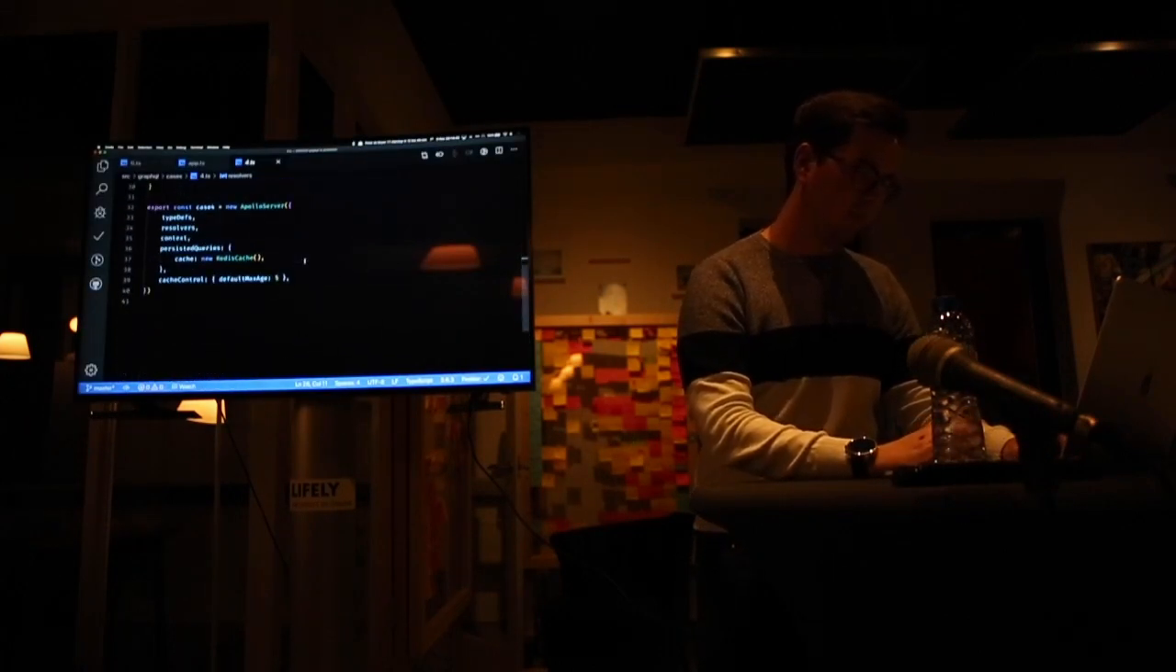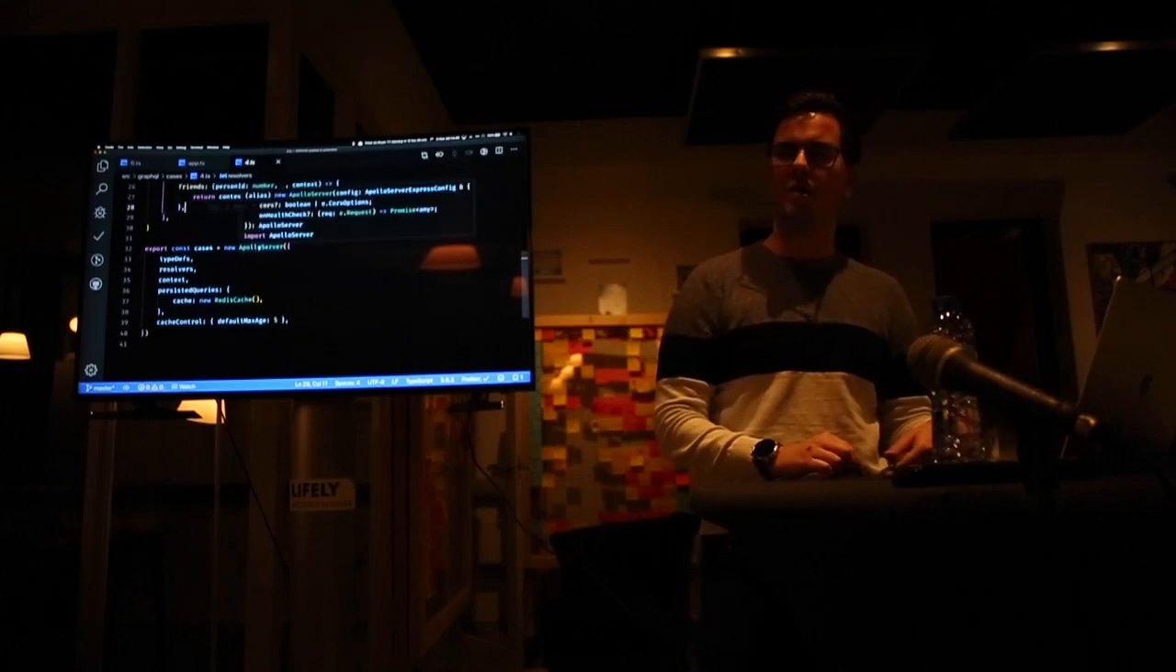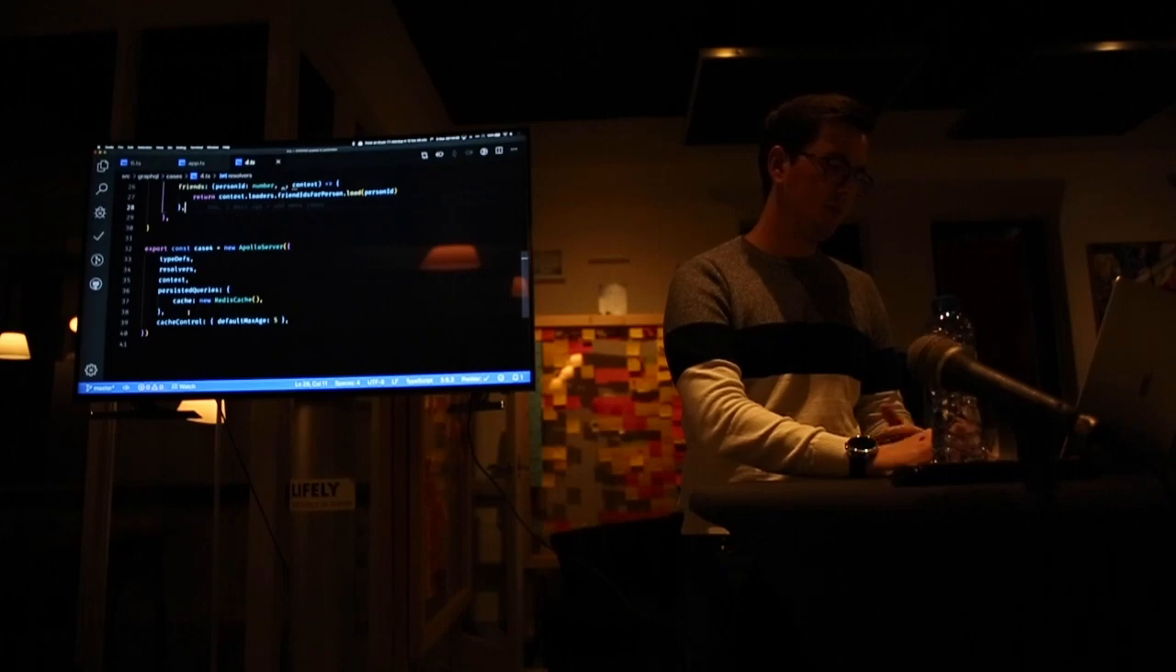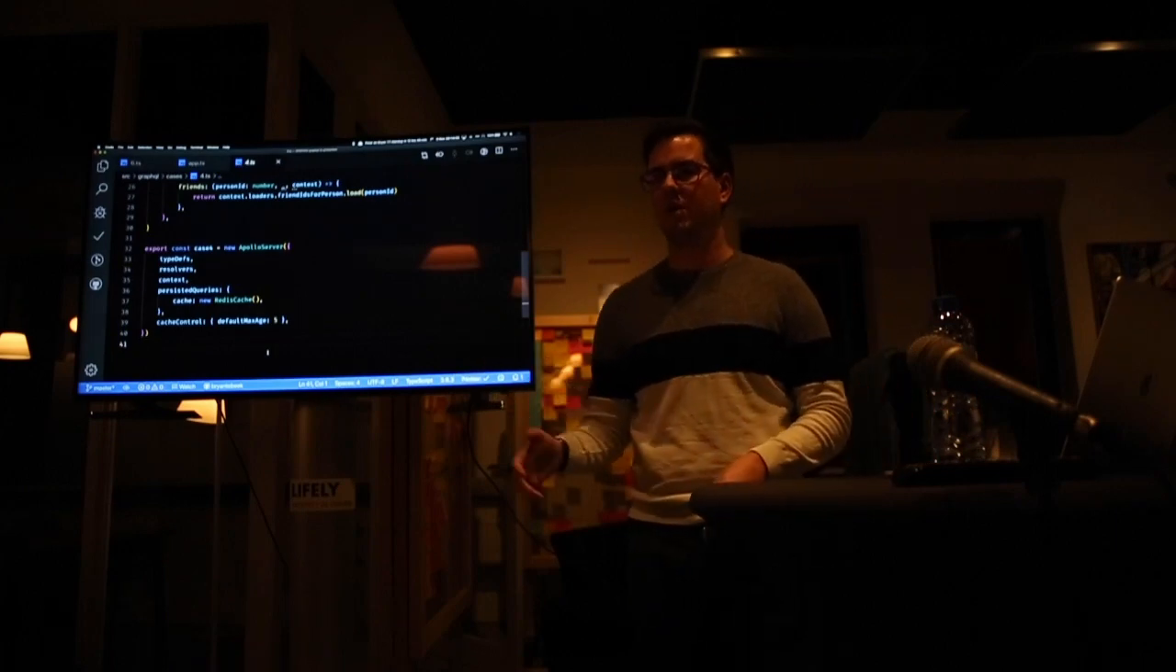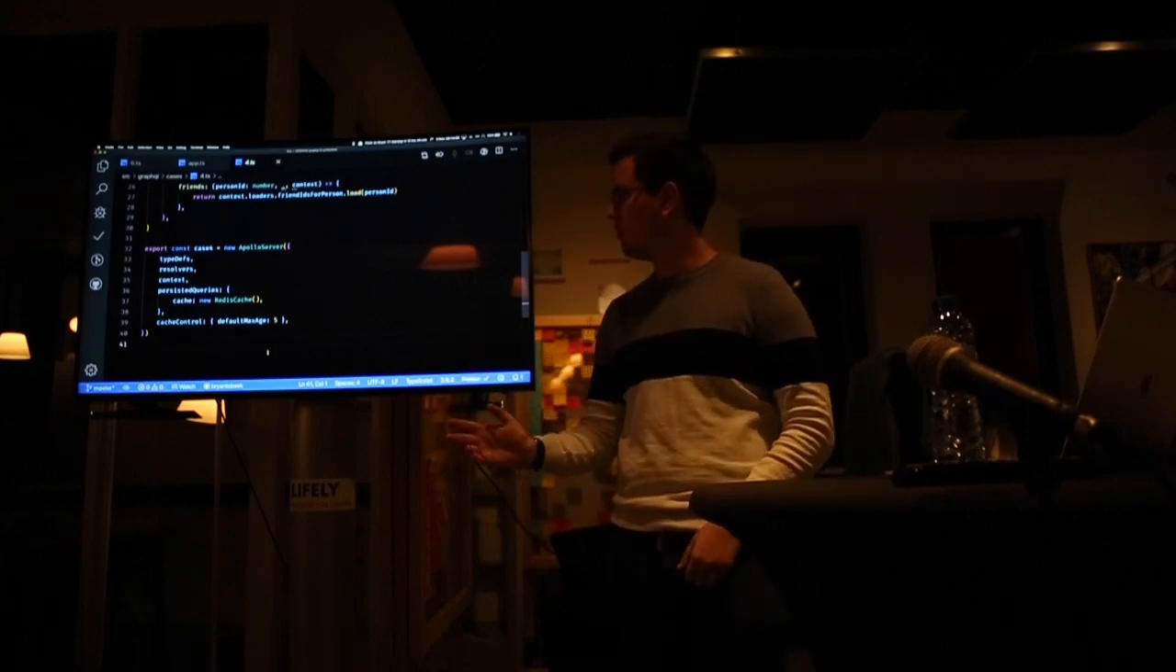What I did here is basically I'm using Apollo server in most of my cases here. What you can do here is, okay, I turn on persistent queries. In this case, it's Redis cache, but you can have like mem cache or in-memory cache or whatever you like. And then basically what you do is you,